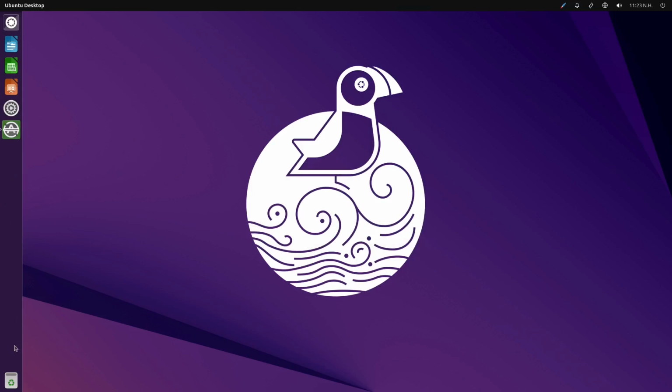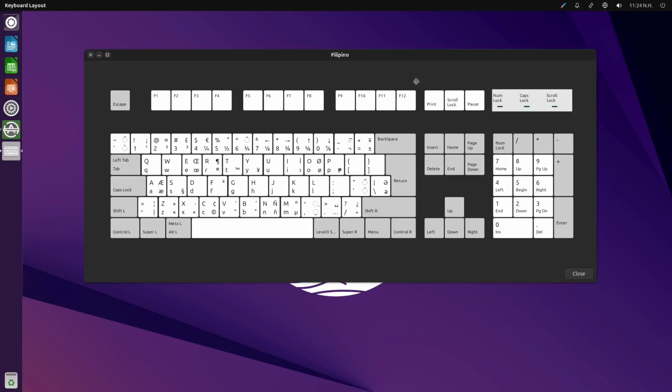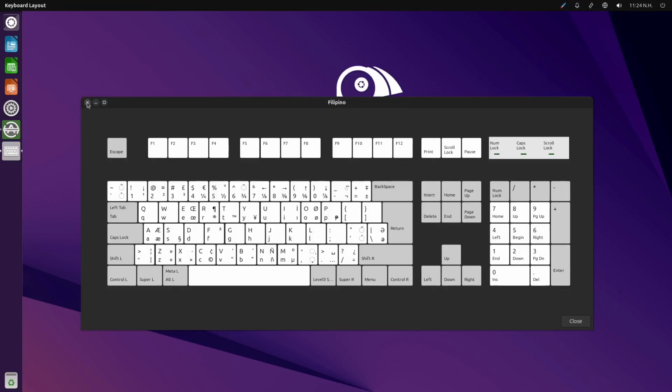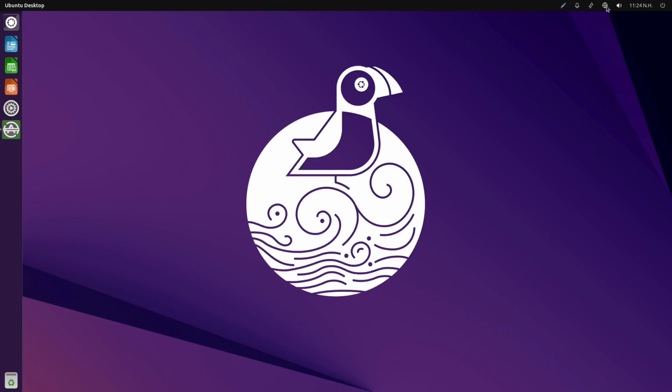This is the dock. They have the trash right at the bottom, plus you have the desktop right here and your notification area right here. As you can see, we have no notifications, and we are using the wired connection because this is a virtual machine. And you could add a VPN connection if you have one, and your language right here, Filipino or English US, plus your character map and the keyboard layout. So you could use this as your guide, or use that for your clicking if you don't have the